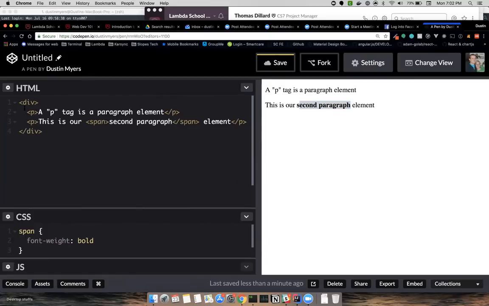So div tags define the structure and divide our website into different sections. P tags are paragraph tags. You'll wrap most of your text in a website with a P tag. Span tags are kind of the wild stepbrother of these other elements in that it gives us the ability to do cool things like this.